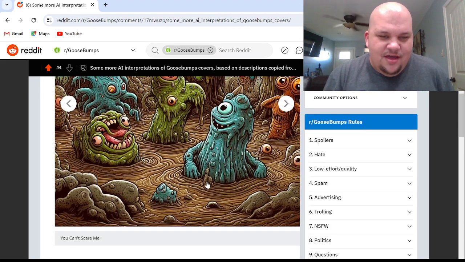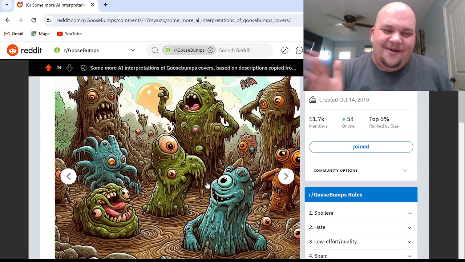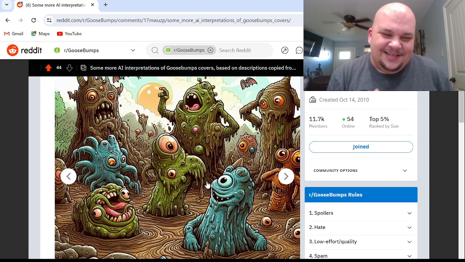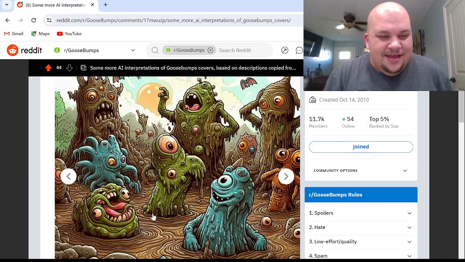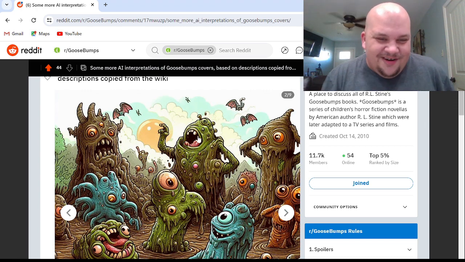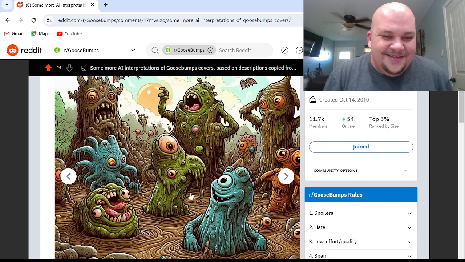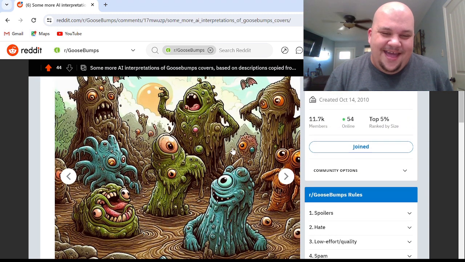And then we have You Can't Scare Me, which is just completely crazy. I love how the mud monsters all have these little silly designs. This blue guy over here. What's going on here? All of them kind of look disturbed. This guy's like, "What's happening to me?" And this dude over here almost looks like Shrek. Oh man, that's good. But this dude looks like he's having the time of his life.